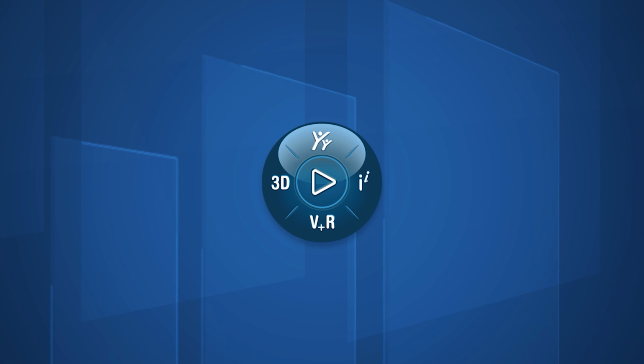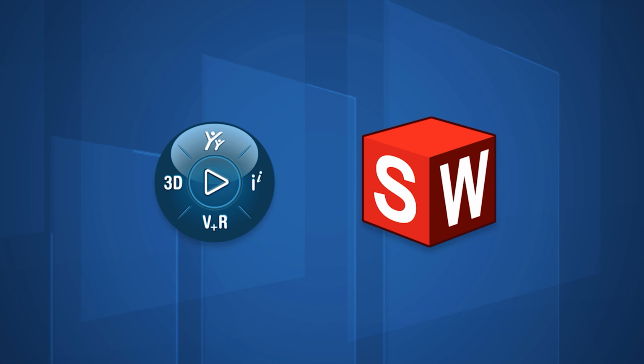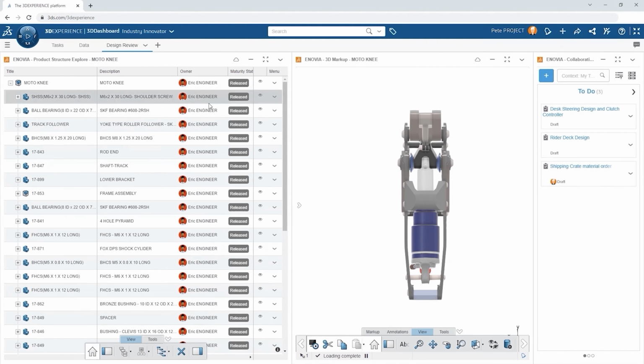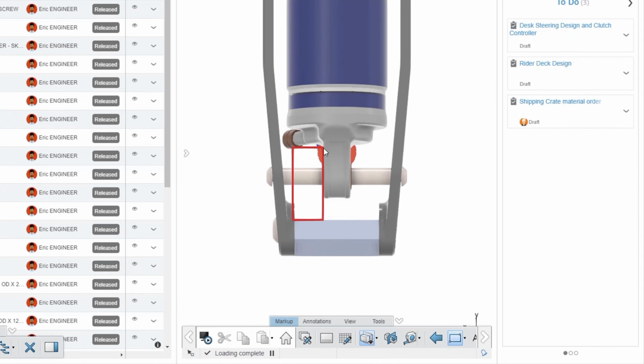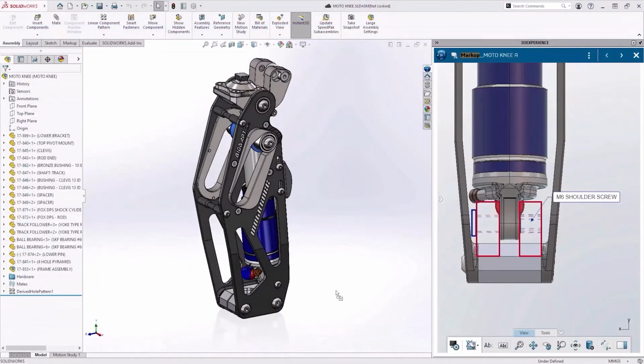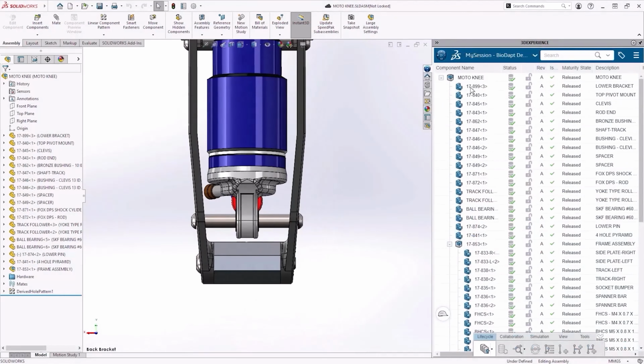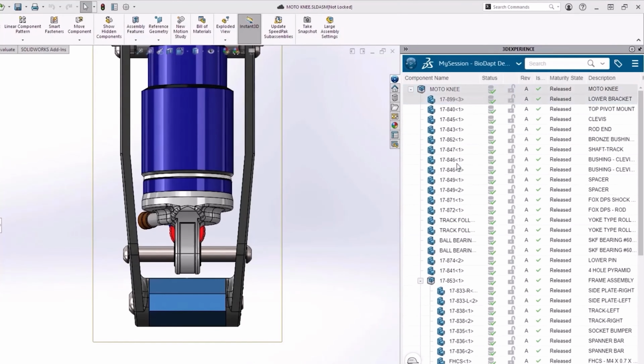Once you're comfortable with releasing and revisioning inside SOLIDWORKS, check out our more advanced tutorials to learn how to revision with the 3DEXPERIENCE platform and begin to automate the process with approval routes and change executions. For more information on using the 3DEXPERIENCE platform and collaborative spaces, check out our other videos.